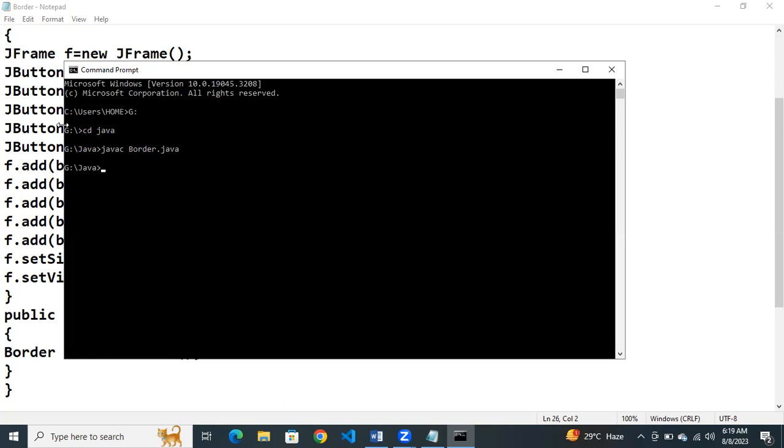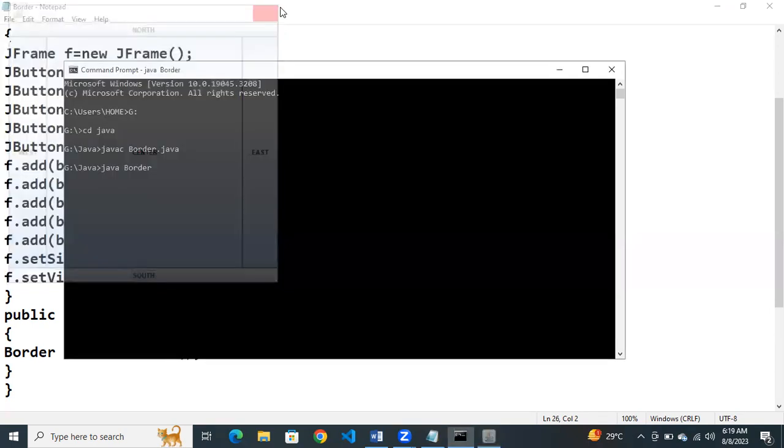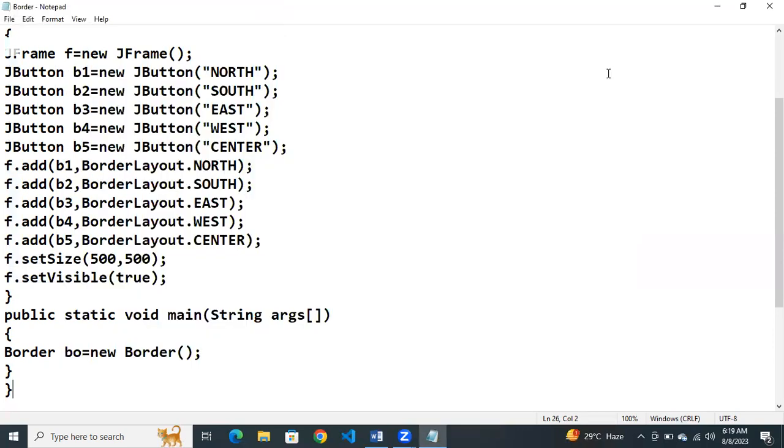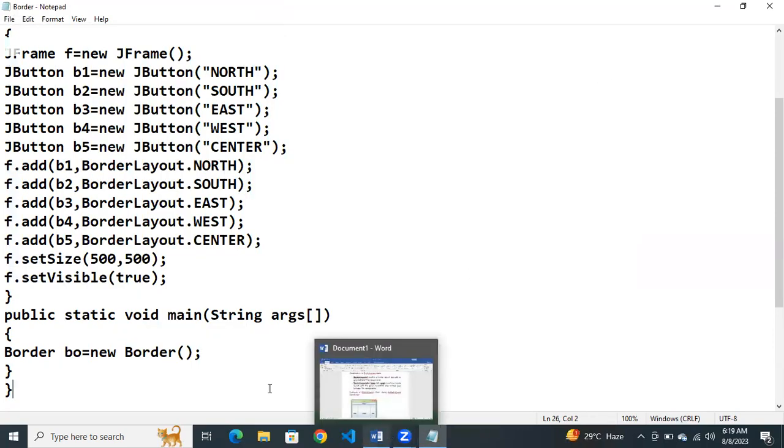Then how to run this file? Java space border, and press enter. See here. These are all the buttons. Here no horizontal or vertical space is provided. This is north, south, east, west and center. Then next we will check how to add the horizontal gap or vertical gap to the